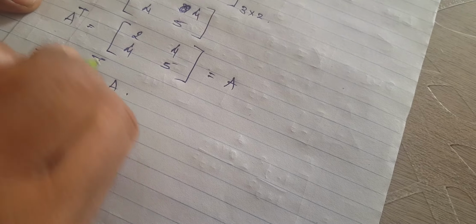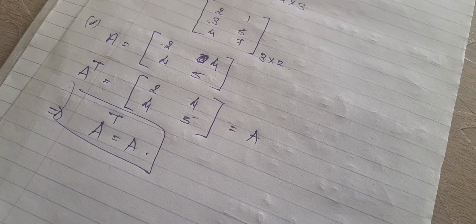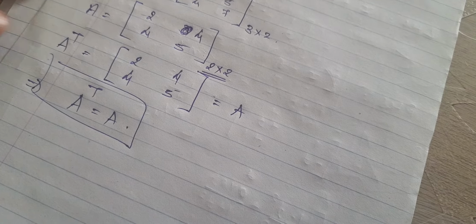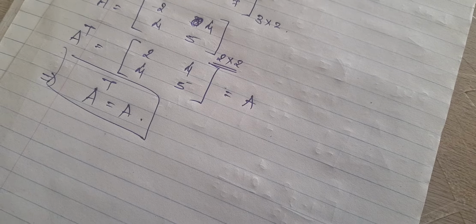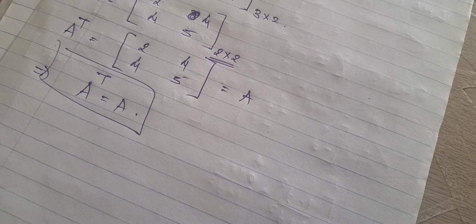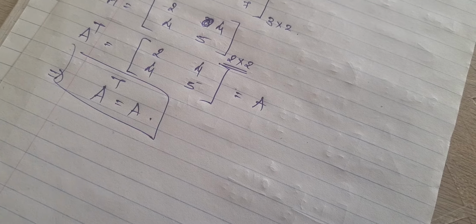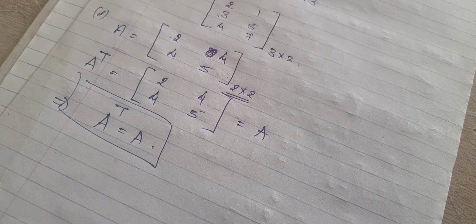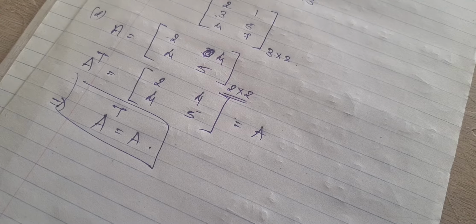So this is another point. In a square matrix, remember, why the square matrix? Means that rows and columns have to be identical. So if the number of rows is equal to the number of columns, that is a square matrix. But in a square matrix, if A transpose is equal to A, then that matrix is called a symmetric matrix. If A transpose is equal to A, then that matrix A is called a symmetric matrix. Is that clear? I just repeat.